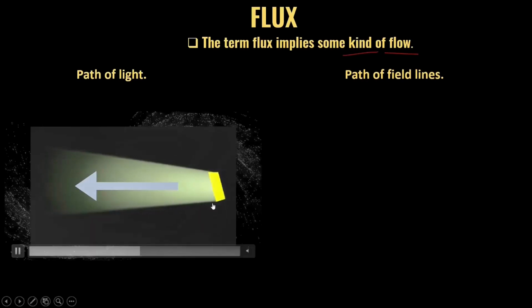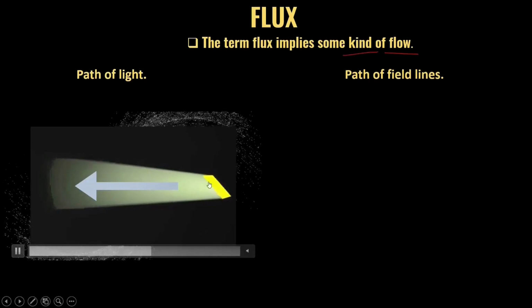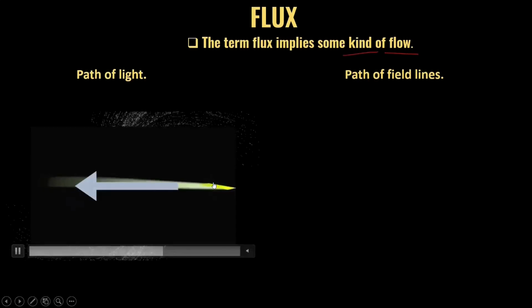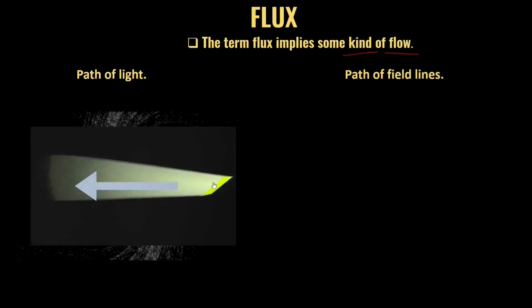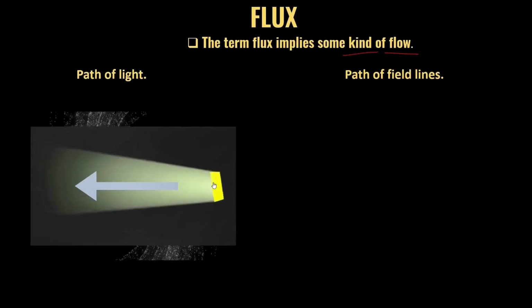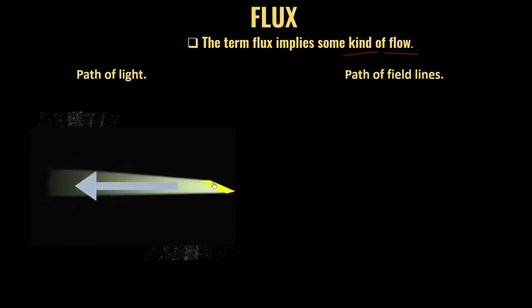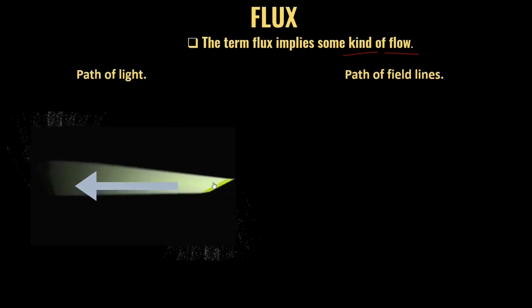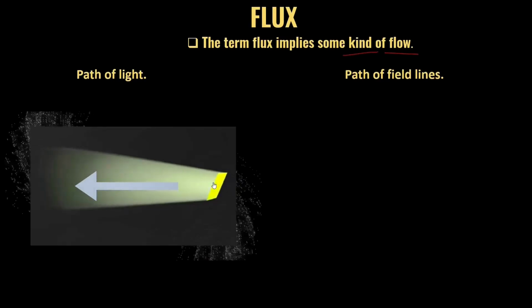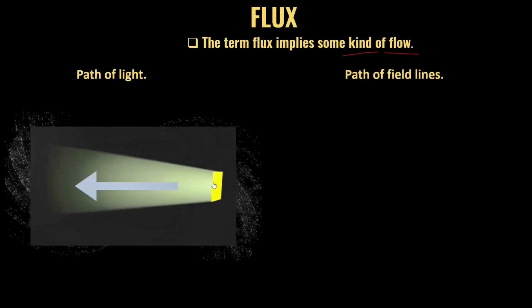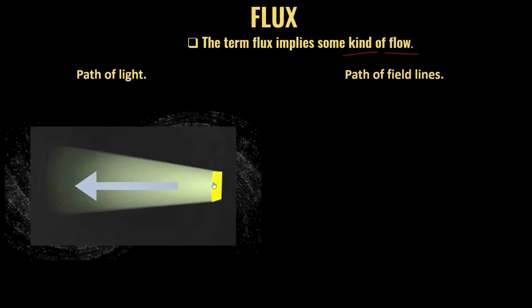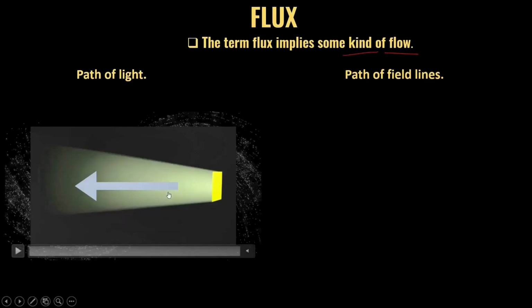Now if we keep on rotating this area, the planar area, we find that the amount of intensity of light which crosses this given area is reducing and then it is increasing. For some time it is reducing, for a particular orientation it is reducing, and then again it is increasing. That means it keeps on changing its intensity. That is what is called the flux. The amount of something which passes through a given area is called the flux.